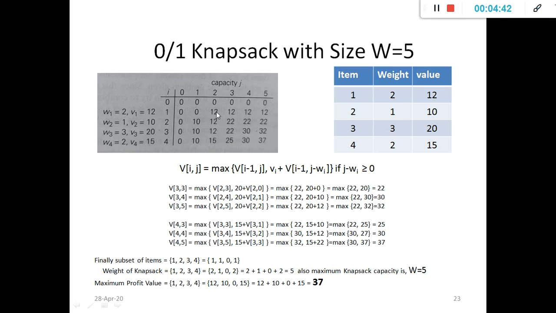Then insert that to the position 2, and you have to repeat the same, that is the profit remains 12, 12 and 12 to the positions 1 by 3, also to the position 1 by 4 and also to the position 1 by 5. Next you have to consider another object, that is the object 2 or the item 2.